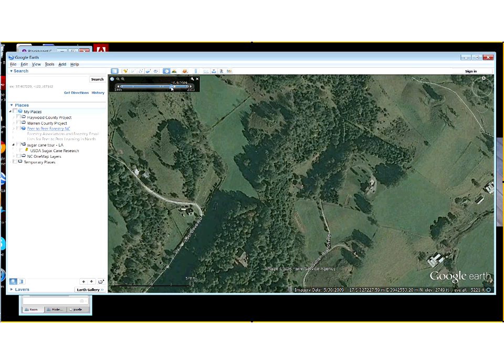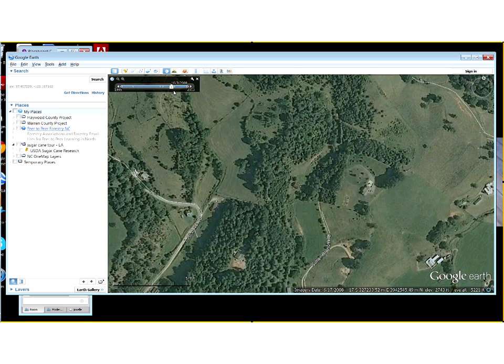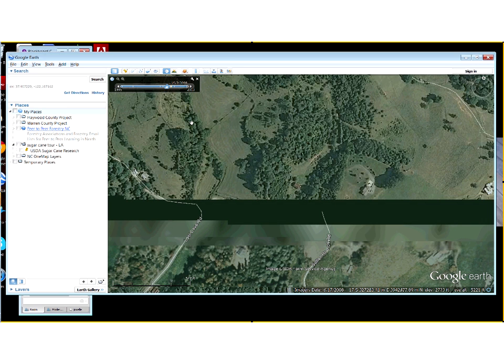Now we're looking at October 3rd, 2008, and notice this is all leaf on. So it's not as good to be able to differentiate between pines and hardwoods. Leaf off is always really good, but it does allow you to see changes that have taken place and what it looks like over time. Now I'm back in 2006, so I've moved back about 7 years in time, and you might see some substantial changes,